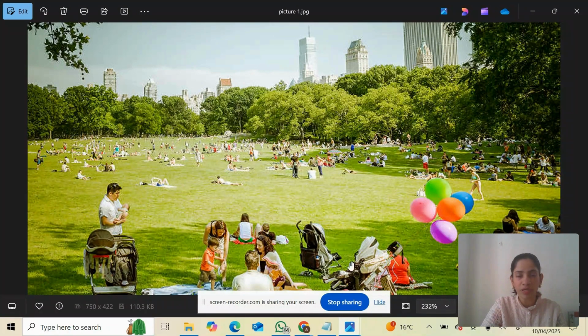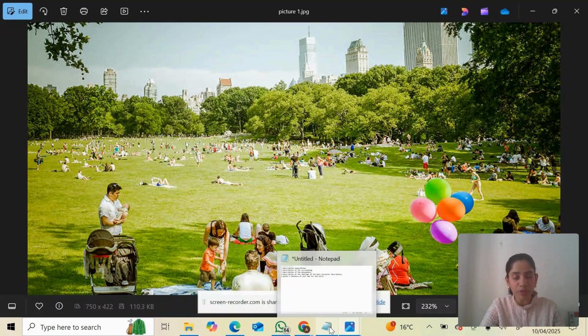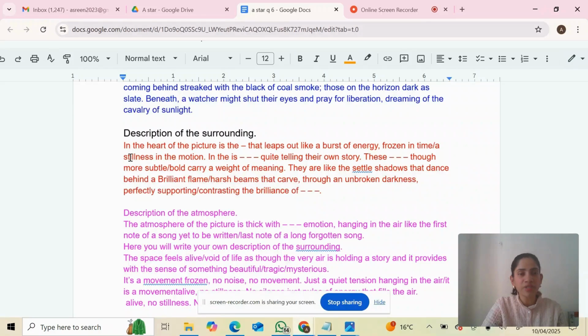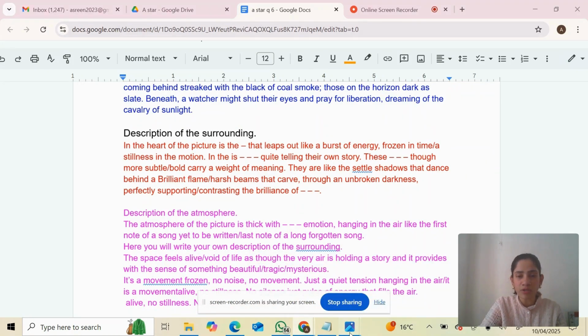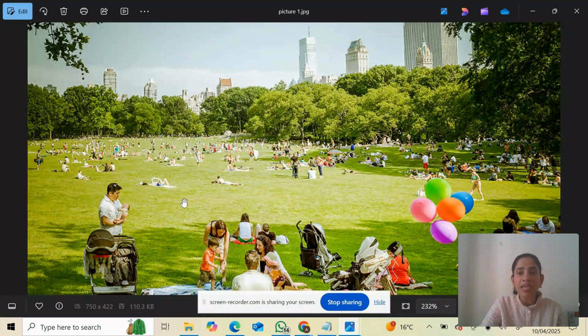So now the same picture, the next thing that we will be discussing is what the surrounding is like. Okay, so what is the surrounding like? So if you see, the second point is talking about the description of the surrounding. The description of the surrounding in the heart of the picture is the